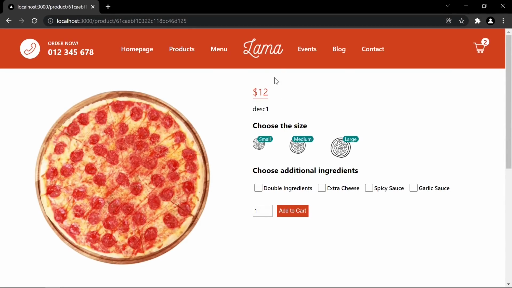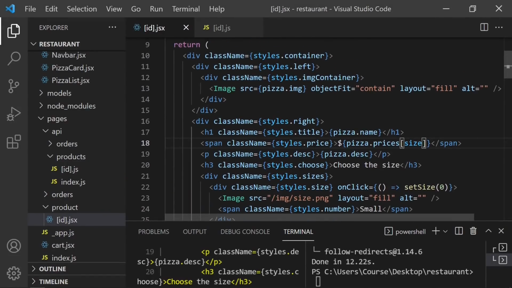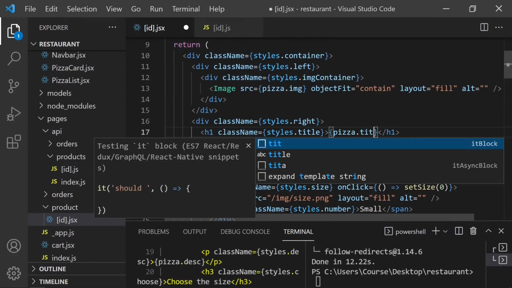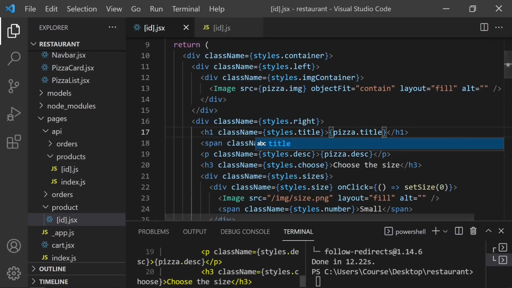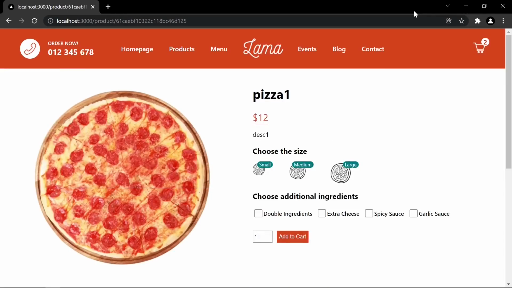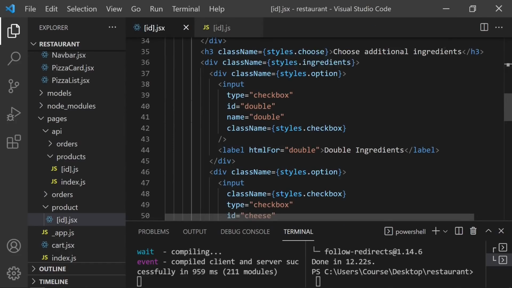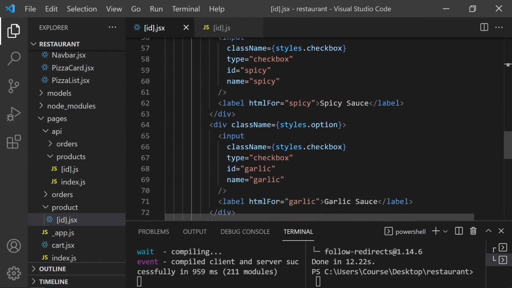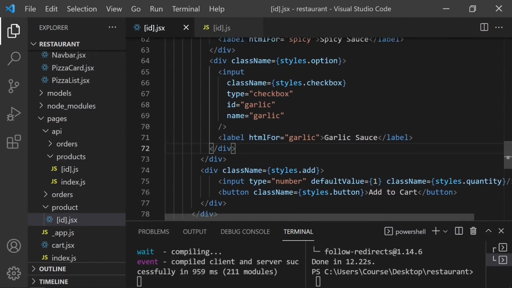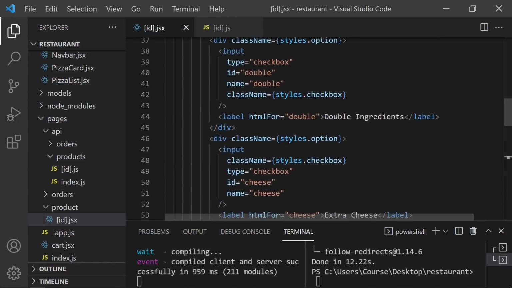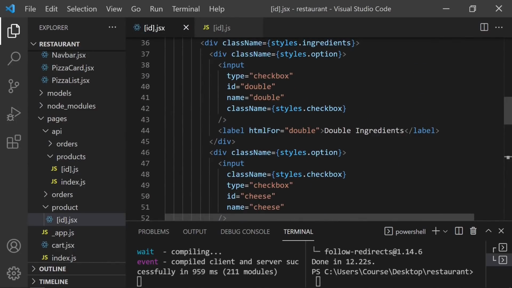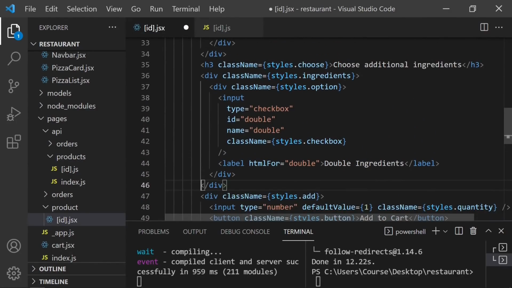But we don't have title. That's because it's using name, it's gonna be title. Okay, perfect. Title, price, description, sizes, but what about these additional options? As you can see, we are using some inputs here, but we don't need them. Let's delete these 3 inputs. We are gonna just leave one of them like that, and we are gonna use